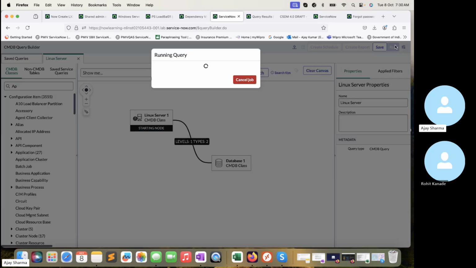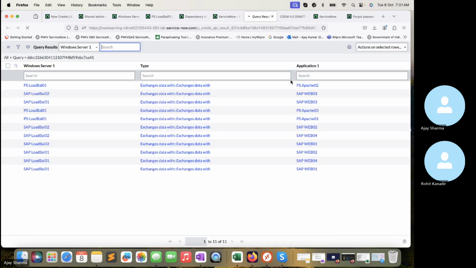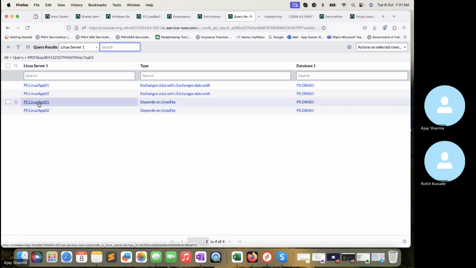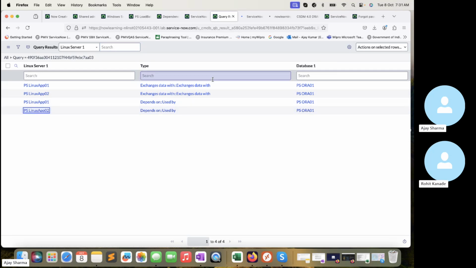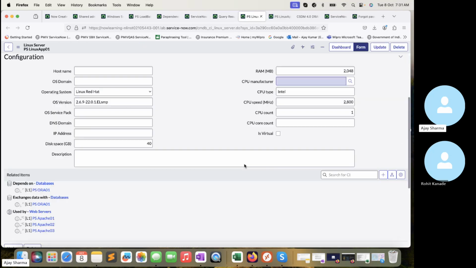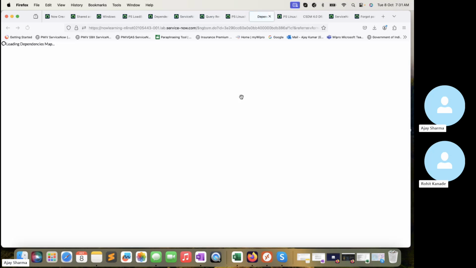Now, if I run this one, see, there is one Linux server, this one and this one, which is connecting with exchange data and depend on used by. If I go here and open this one,